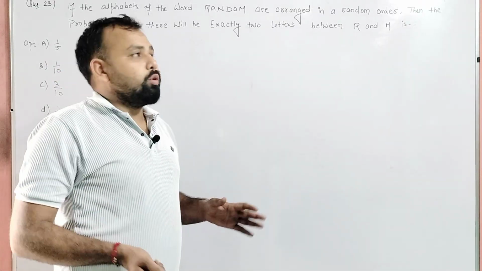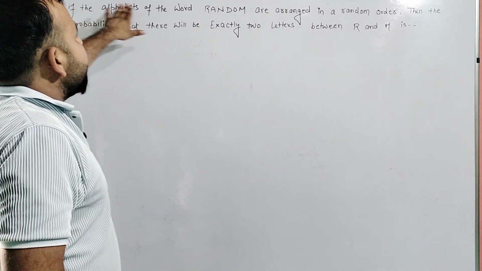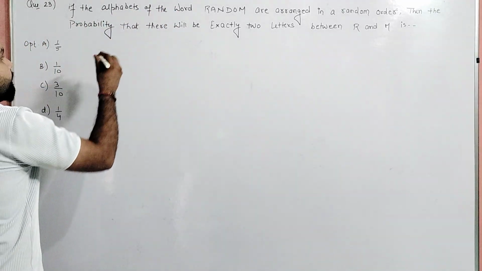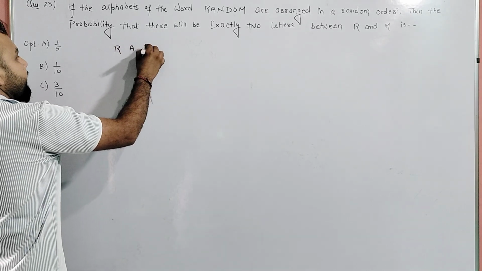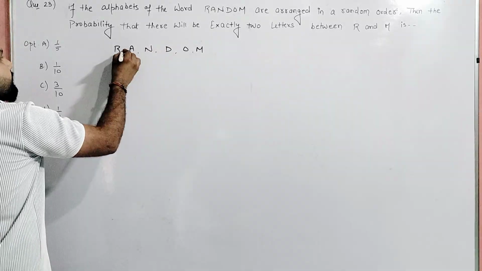So student, our next question is question number 23. If the alphabet of the word RANDOM, these 6 letters are present,